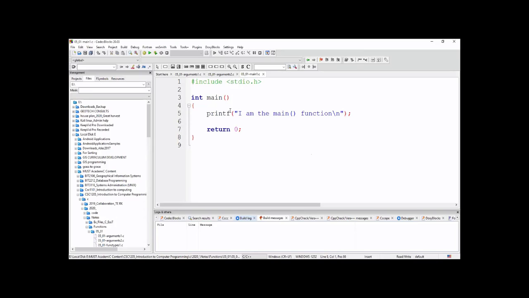We're saying that all C programs basically use at least one function, and by default every C program uses the main function. Like I said, every C program uses the main function, and this is exactly where every program execution starts. And like any other function, the main function has a data type. So in this case, we're saying int main. And we're saying that this data type that you declare,